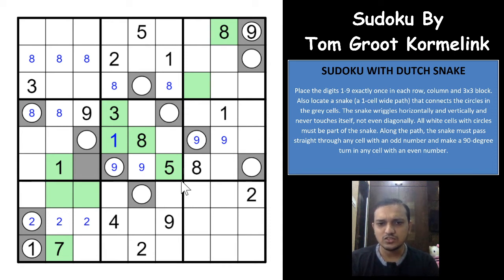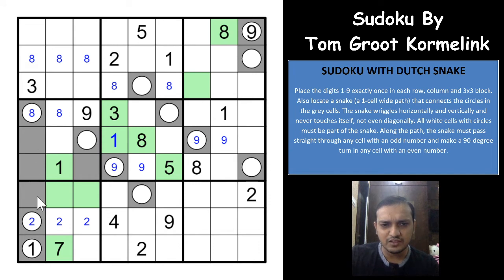Okay, so I can see something here, not much, but something very difficult to see, which is that this snake path will either have to go this way or this way, right? There are only two ways for it to go, and if it goes this way, what happens here is that this is an odd number, and for all these four cells, the snake is going straight. It is not turning anywhere in those cells. So these four cells also would have to be odd numbers.